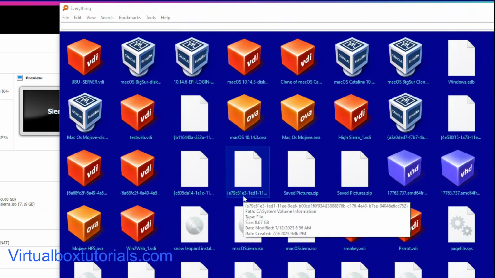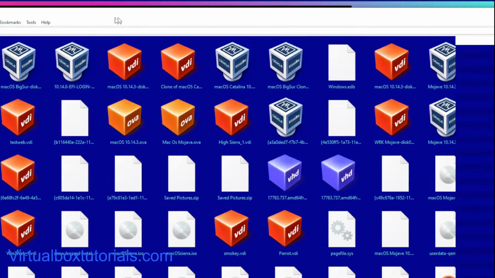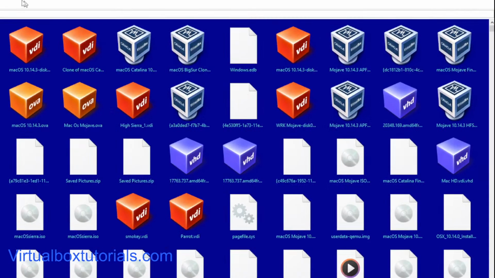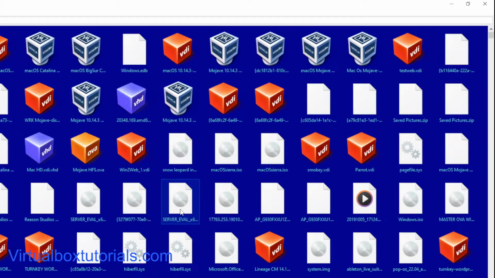Now, this might make the sort go a lot slower. But say you're looking for just a particular ISO. These are all virtual hard disks, virtual images, OVAs, which are VirtualBox exported,